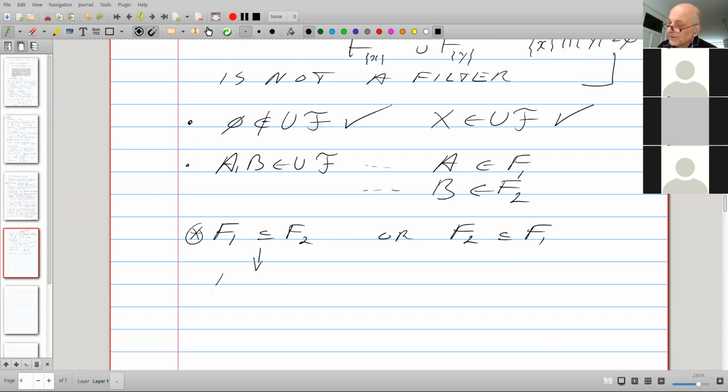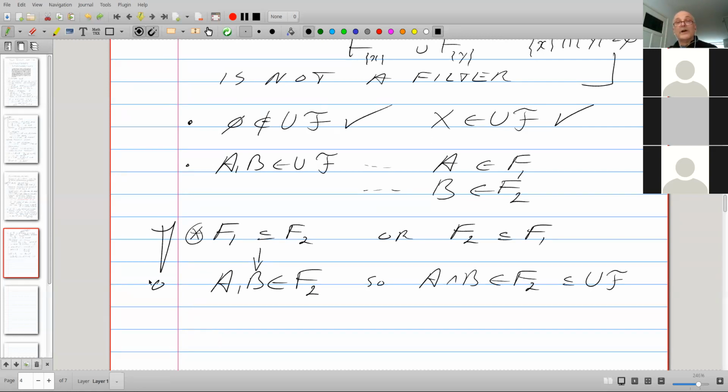Then here, A and B both belong to F2. So the intersection of A and B is in F2, and therefore it's in the union. Here really is where it is needed that the filters are comparable.